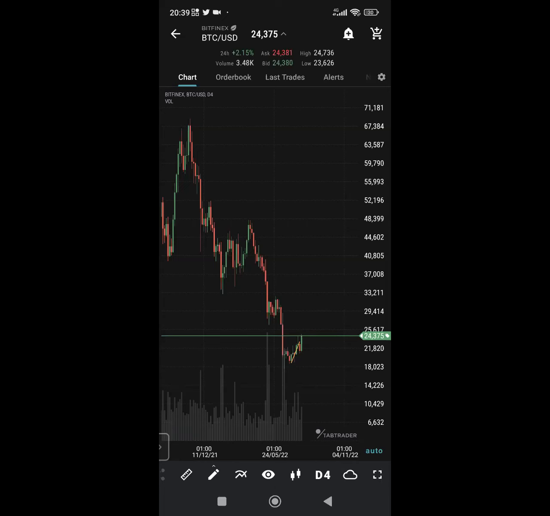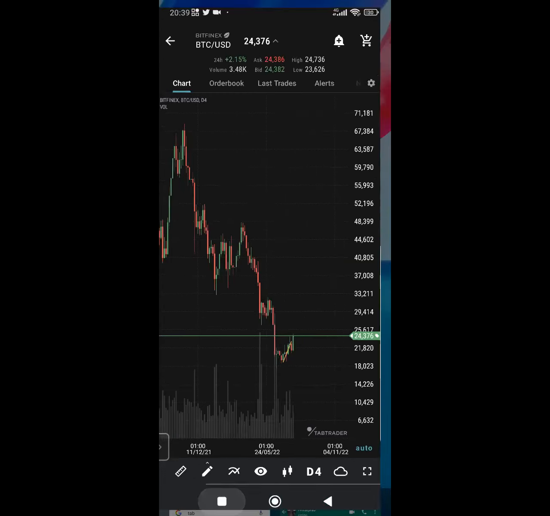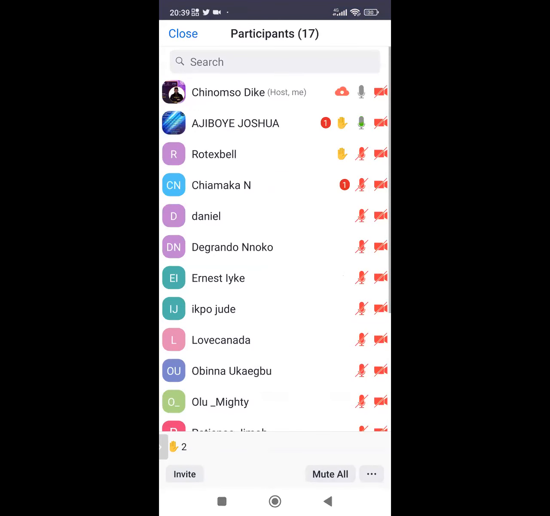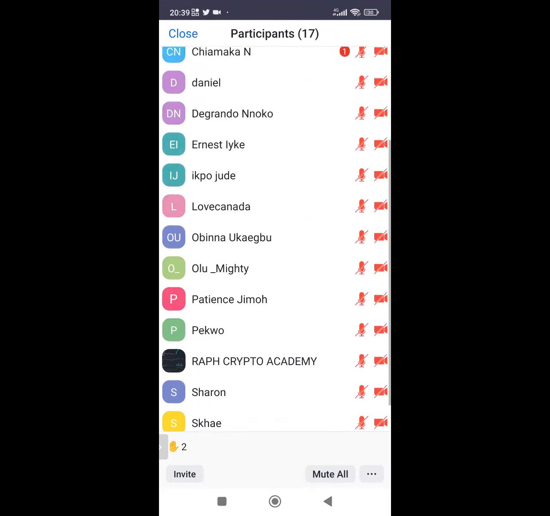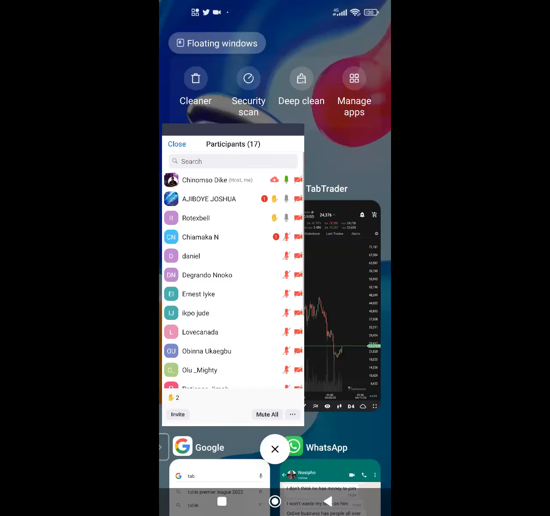Yes, sir. That's why most of the time when you see a breakout, we say wait for confirmation, to be sure that it is not just a fake out. That's why you say wait for confirmation. Let's wait for the next 4 hours close. I hope many of you have been hearing that before, abi? Yes, sir. You hear somebody say, let's wait for 4 hours close. Let's wait for the next 2 hours close and all that. We are waiting so you are sure it's not a fake out.